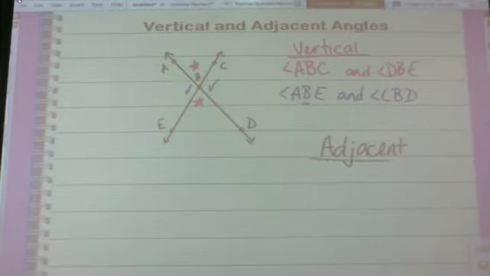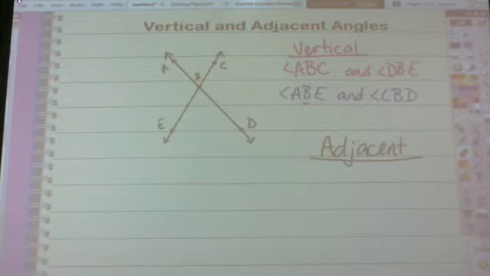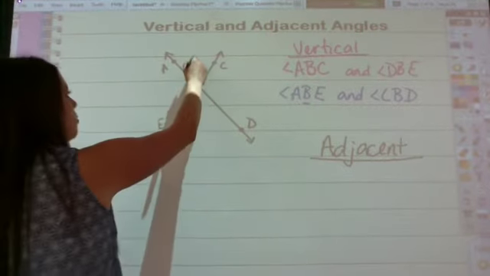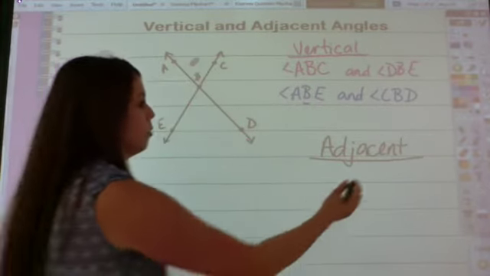Okay, so the best way to think about adjacent angles is that they have a common vertex, they have a common side, but they do not have a common interior angle. The way I like to think about adjacent angles is basically that they're side by side, angles that are side by side. So, for example, if I start here with my angle ABC,